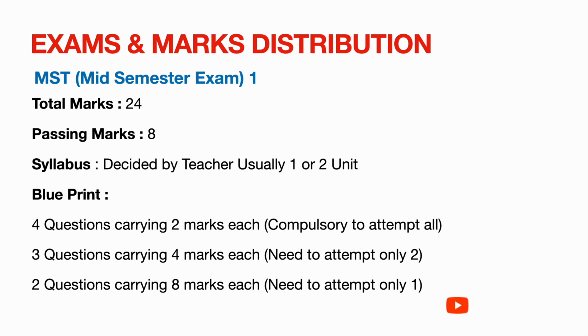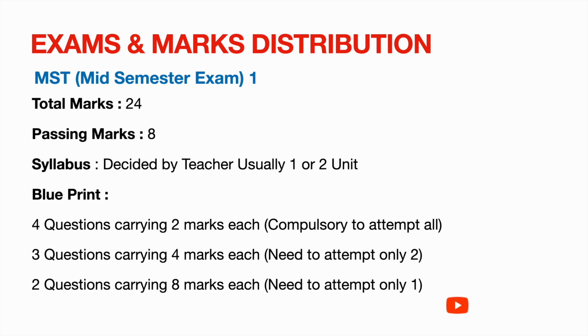The syllabus is usually decided by the teacher, like 1 or 2 units are asked. So you should prepare at least 1 unit before your MST 1 exam. Now coming to the blueprint, how the MST paper is designed. There are 4 questions in section A that carry 2 marks each, 3 questions in section B that carry 4 marks each, and there are 2 questions carrying 8 marks